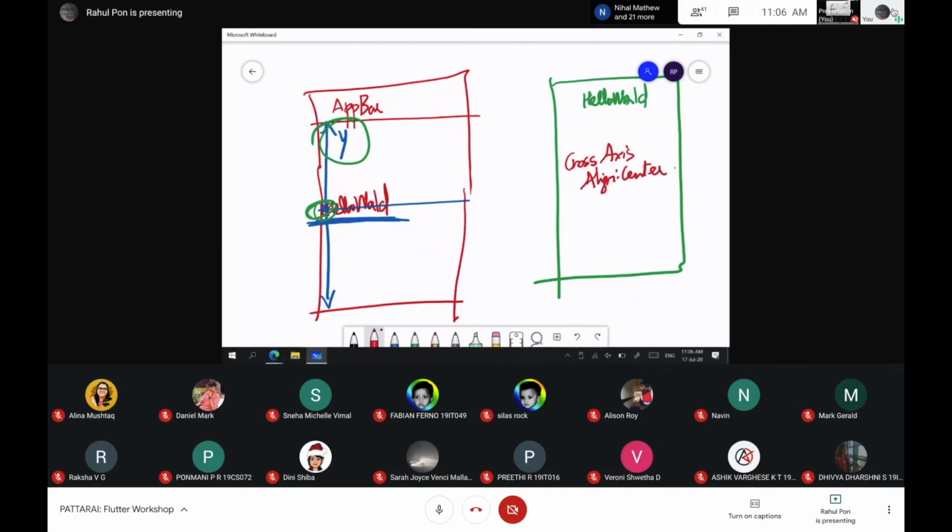If you set cross axis alignment to center, you will get this output, the one on the right. If you set main axis alignment to center, you will get this. So this is main axis alignment, center. Do you get the difference? Do you get how it works now? Yes or no? Yes, bro.